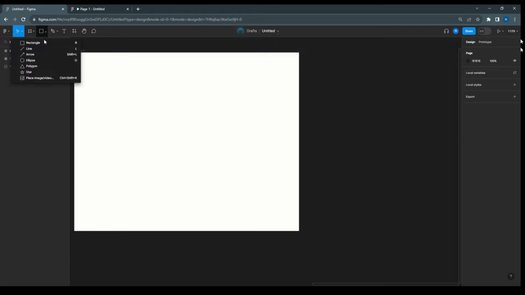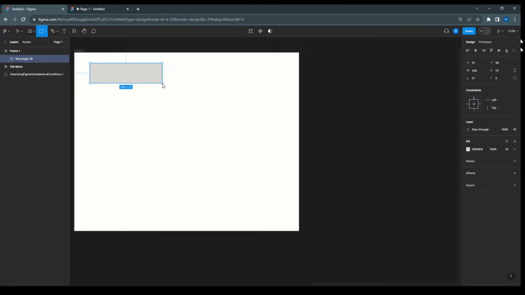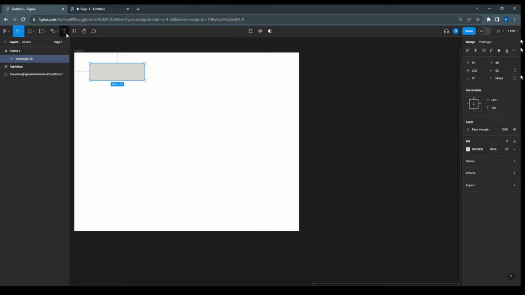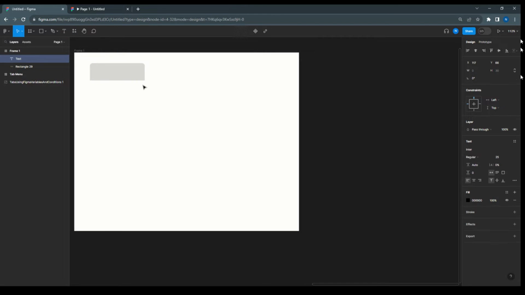So here I'm going to take this rectangle which will create the tab. Creating a tab, set the width and height. Next, giving the radius for the top. Now this is done, we can give the text